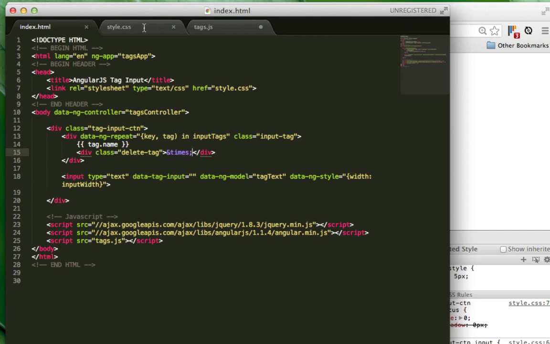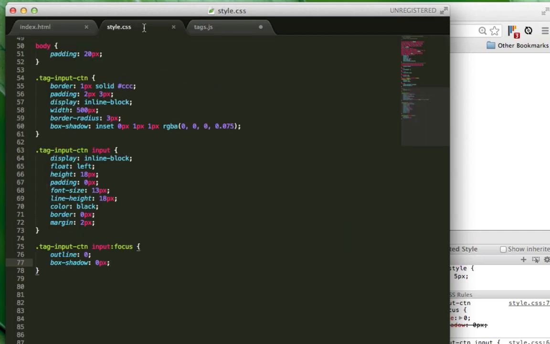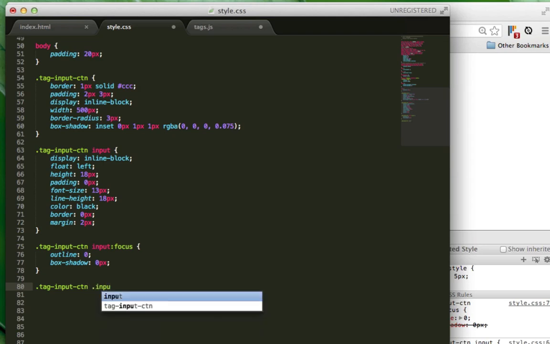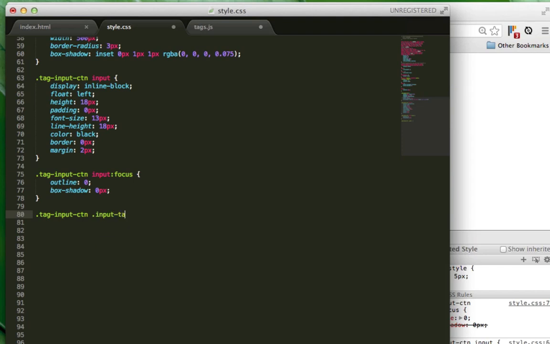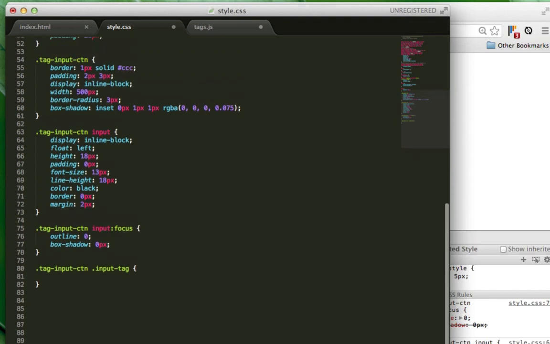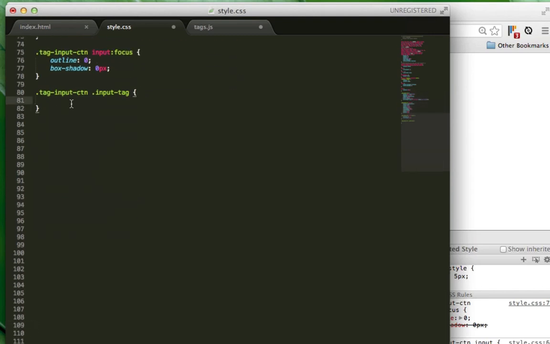So let's style this here. We called this input-tag. Scroll down here, input-tag. I'll give you guys more room so you can see this. Alright, so we're going to give it some padding, 2 pixels on the top, 4 pixels on the left and the right, a line height of 12 pixels, a font size of 11 pixels,